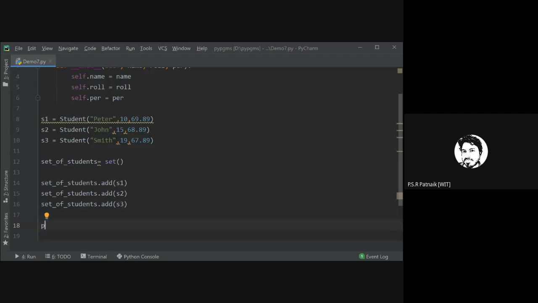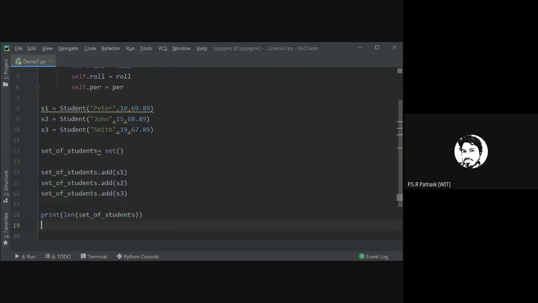And if I print the length of the set of students, can you guess the output before I execute this program? What will be the output of line number 18? Would it print 3, or would it print an error, or something different from 3?